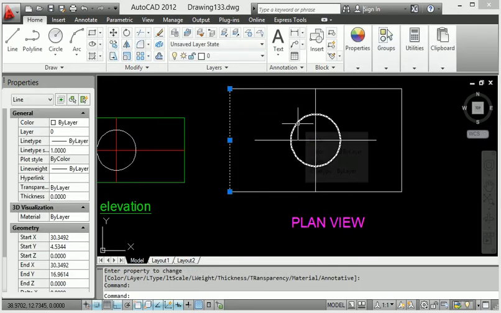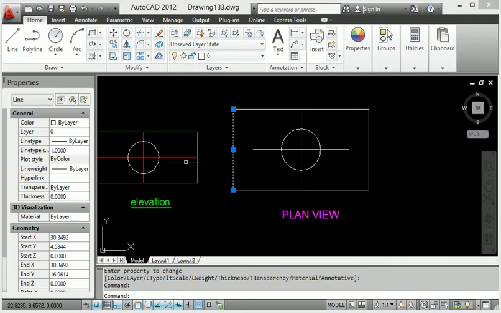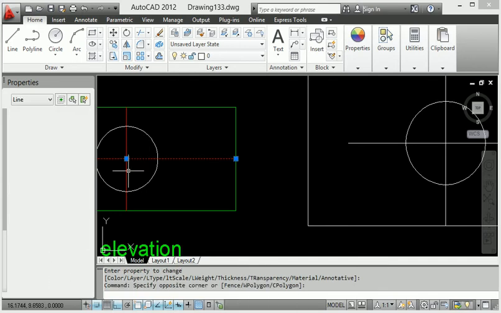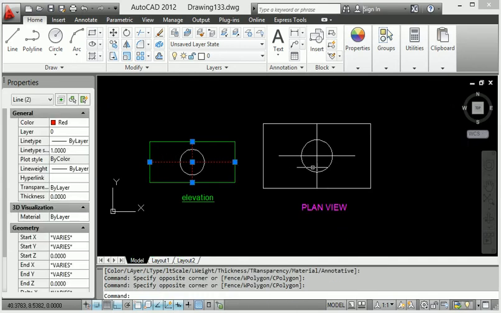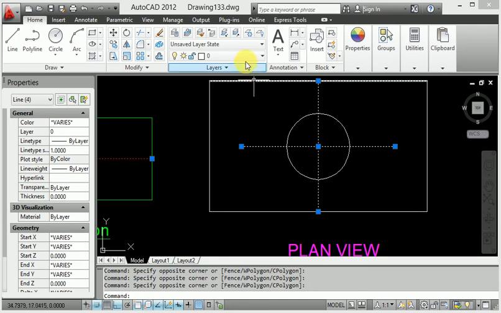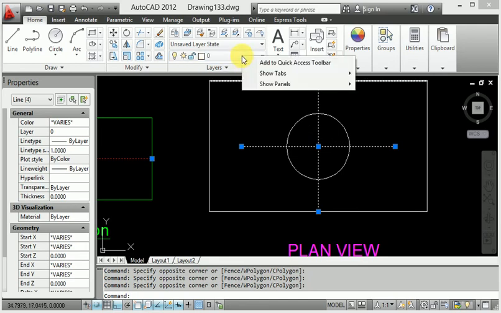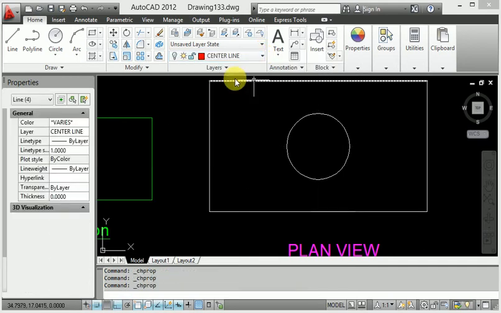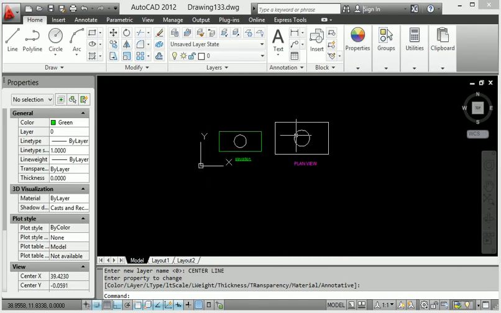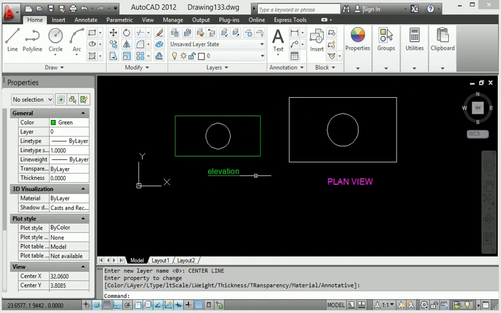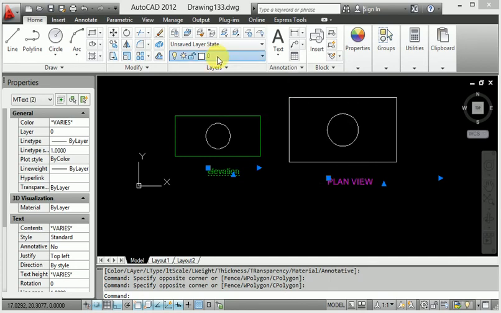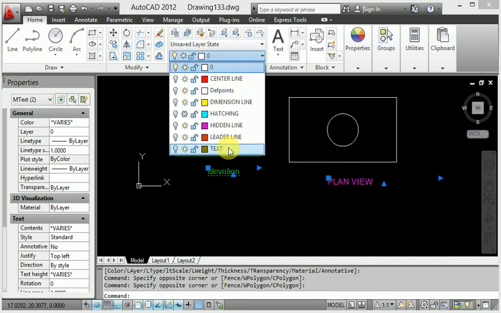Okay, then this line is center line presentation. So click this, and when you go to center line, this is center line, and again this one is totally the object here. So we already have an object. Right now I will click this text also. So when you go to text layer, this is called text layer.